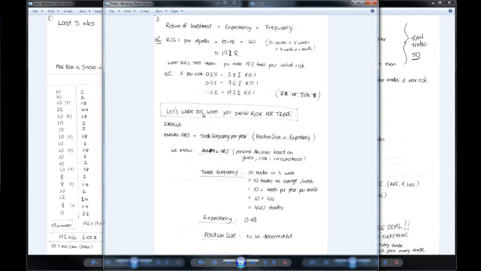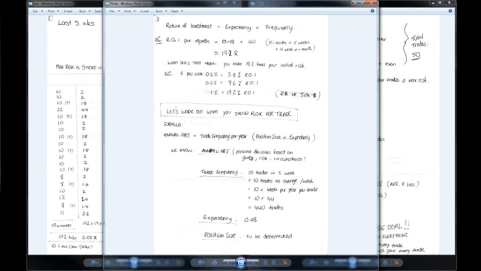Like I said in part 1 and part 2, you need to work these things out based on you as an individual, your circumstances, your account size, your personality. It's no good just to have some sort of figure that someone else told you, or maybe something you just plucked out of the air, which is certainly what I did to start off with. But then it was all about taking responsibility and finding these things out for myself. And of course, when I did work these things out, that's what gives you some real power. It gives you power and belief, and it really encourages you to push on. Okay, so